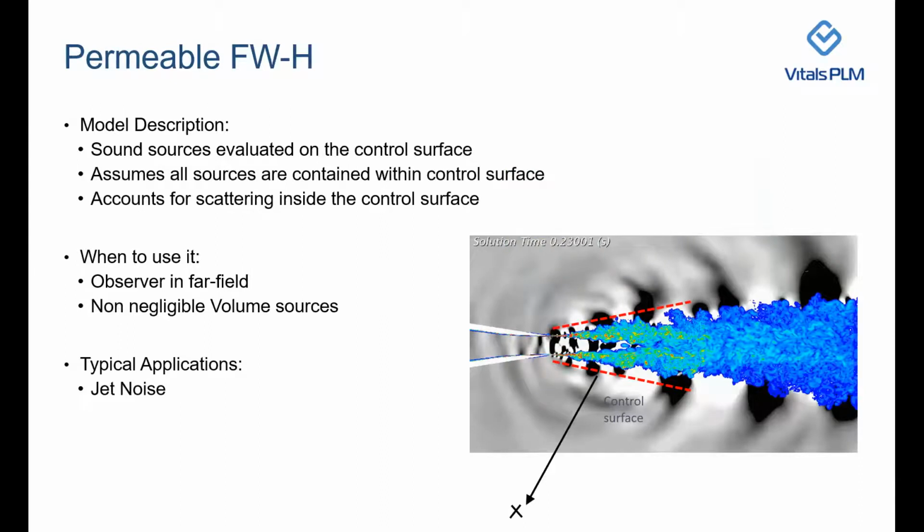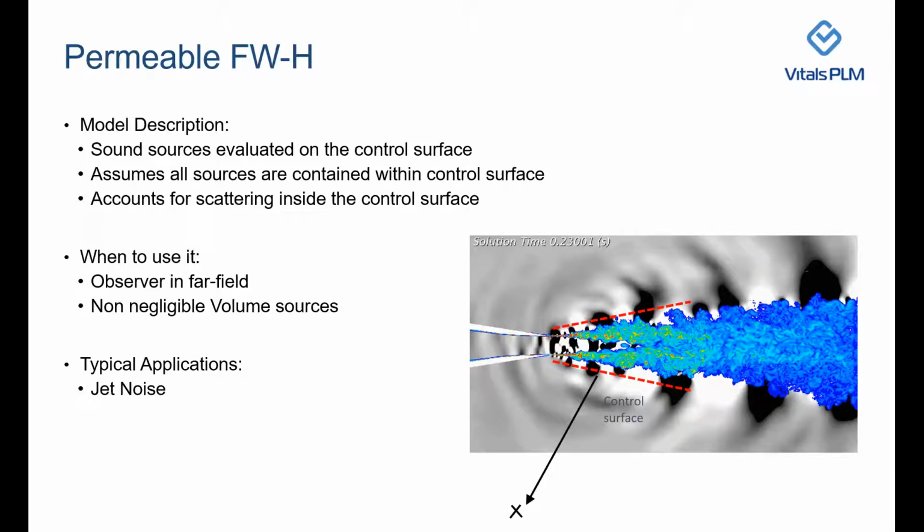In the permeable FW approach, again, the sound sources are evaluated on the control surface, but the way the control surface has been defined is different compared to the impermeable FW approach, which you have seen in the previous slide. And this model assumes that all the sources are contained within the control surface. In this example of jet noise, we see the flow coming out of the jet nozzle lip, and here we see the growing instability layer, which is contained and confined by a control surface, which is